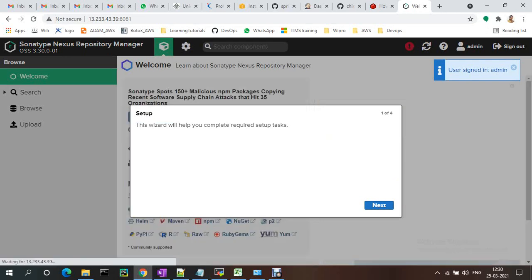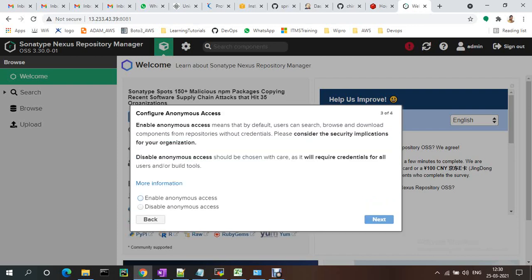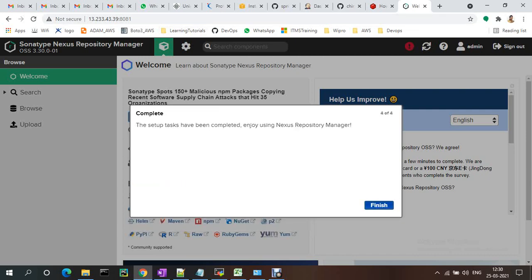Click next and give a new admin password, whatever you want. I just gave admin123 and disabled anonymous access. Everyone needs to connect with a username and password. If you enable anonymous, everyone can access with this IP address. This is done.